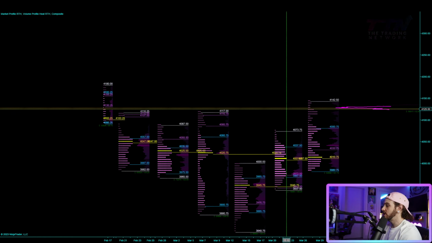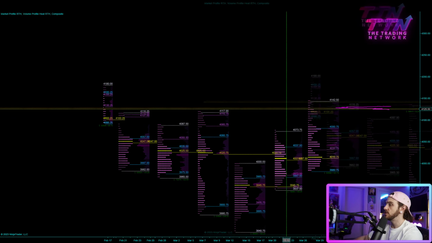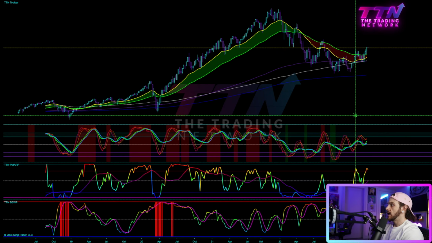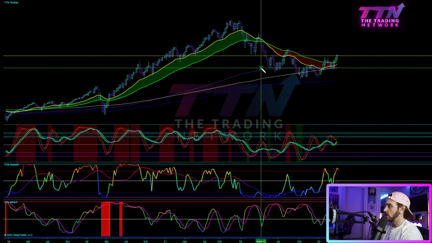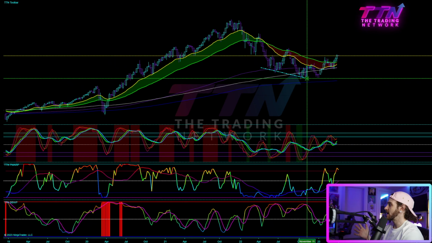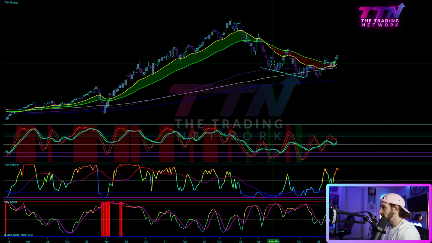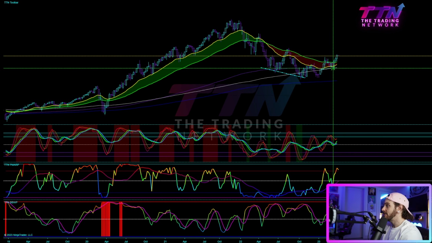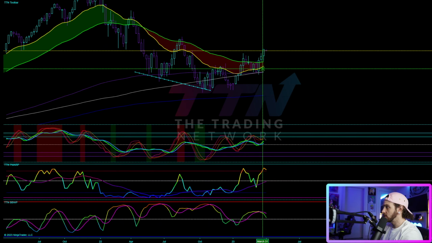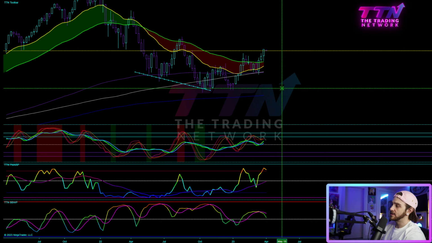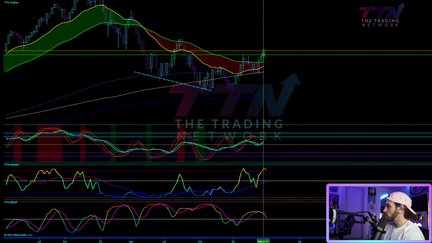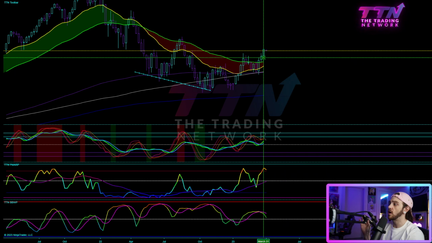So I want to switch gears for a second into the candlestick charts and just show you guys, in my opinion, how nice this structure is. As I've been talking about for a long time, you guys can go back for weeks, months, me talking about this structure, waiting for this structure to happen. We have the weekly 3-step shift, which is bullish divergence, then higher low. And we have another higher low confirmed on the weekly chart. And not only do we have 2 consecutive higher lows, we have 3 consecutive higher highs. And for the last 3 weekly candles, they've been nice and strong, very bullish.